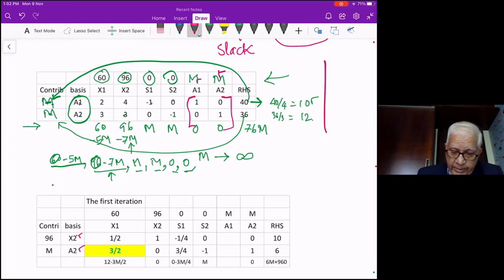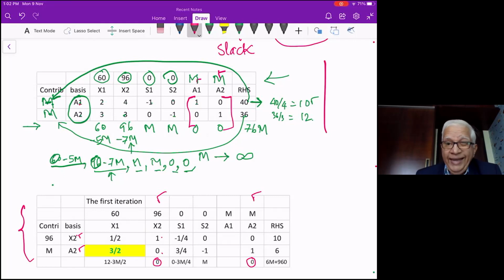Okay, fine. Now x2 and A2 are the new basic variables. See here, this table is what I'm talking about. X2 and A2 are the new basic variables. Therefore, first thing, let's write under the x2 and A2 columns an identity matrix. X2 column is written as 1 0. A2 column is written as 0 1. And in the index row, we write a 0 without even calculating. Okay. Fine. So the identity matrix is written.